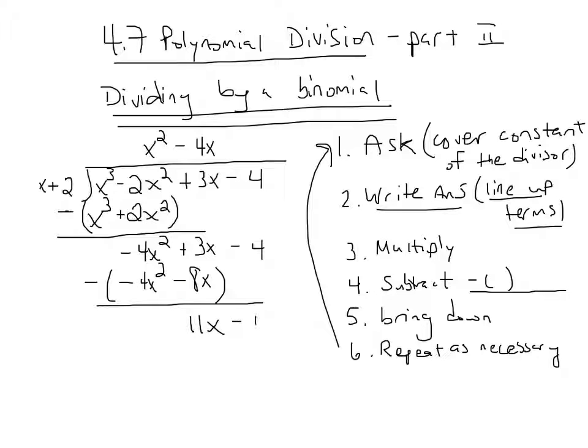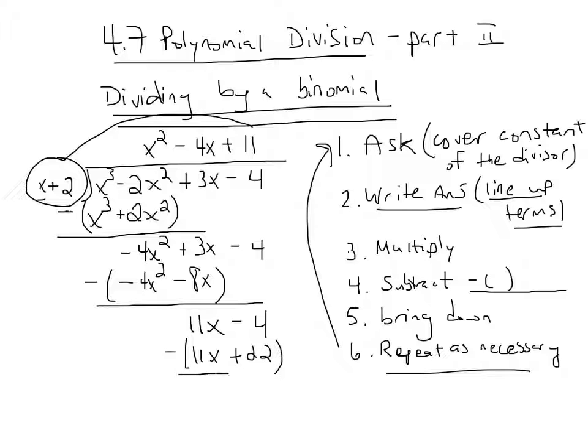11x. We'll bring down the minus 4. Once again, repeat as necessary. We'll go back up. What times x gives me 11x? Hopefully by now you can see the answer is 11. We wrote our answer, and now step 3 is multiply. We're multiplying 11 times the whole divisor, 11x plus 22,